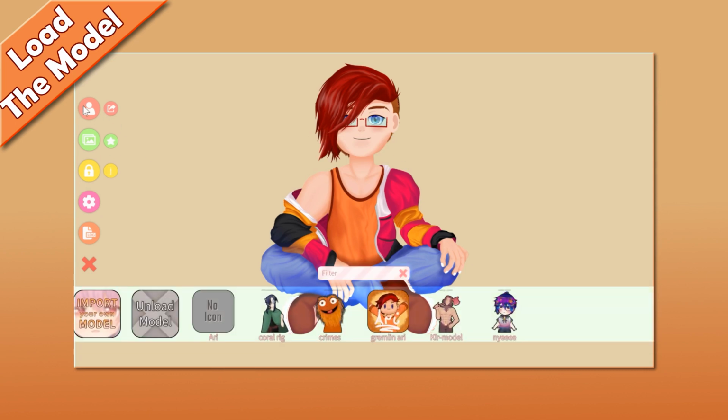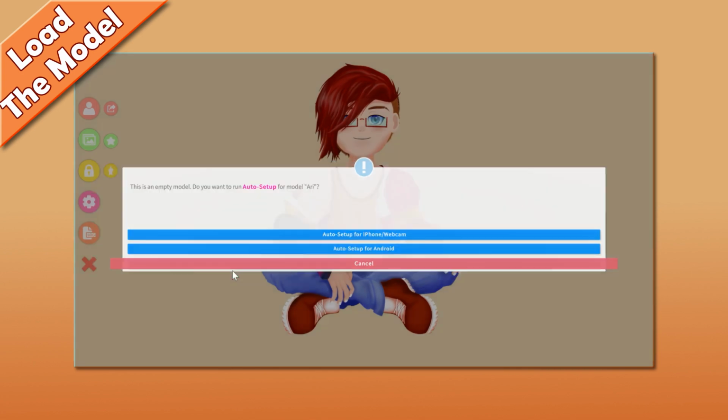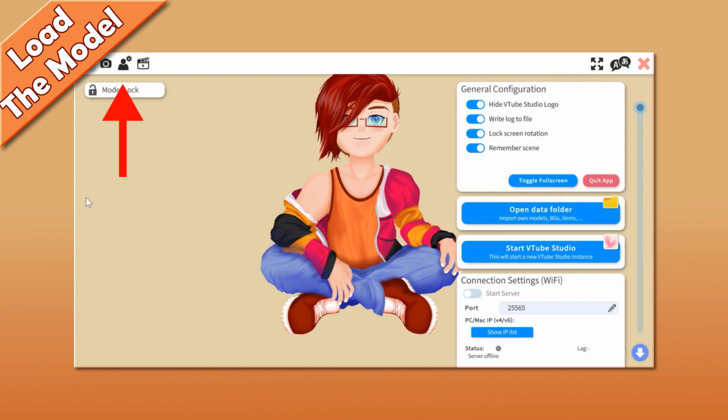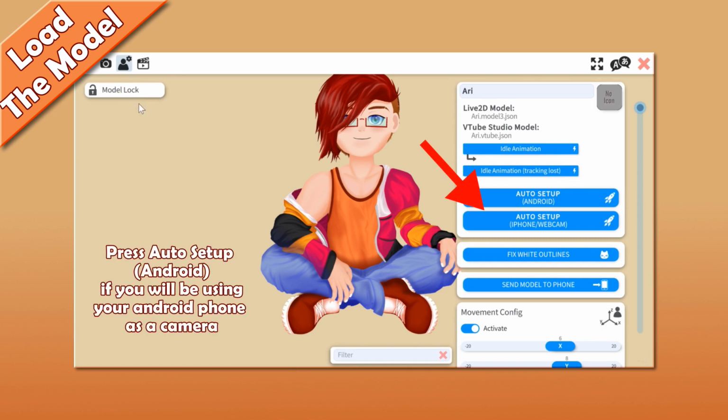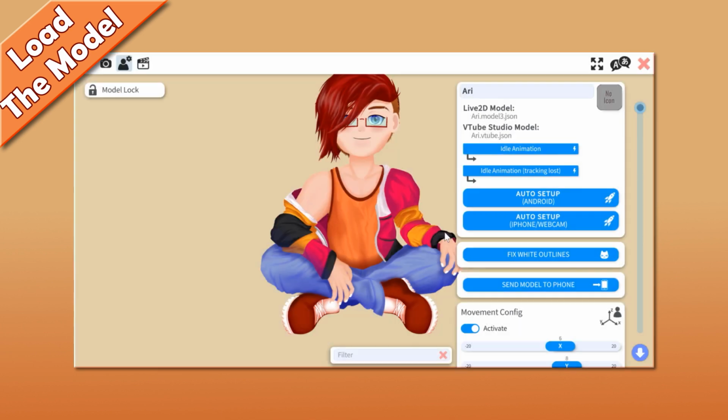Mine just popped right up here, but if yours doesn't, then go back to the Model Load menu and select your model. The first thing to do is going to be generating a .vtube file, which you can either do using the prompt you may have seen when I first loaded the model, or by clicking on this button in the second settings menu. If at any point you want to reset your settings and go back to the default, you can run this again and it will undo any changes you made. Use this at your own discretion, it will reset everything. This will automatically set up a lot of the parameters you need,